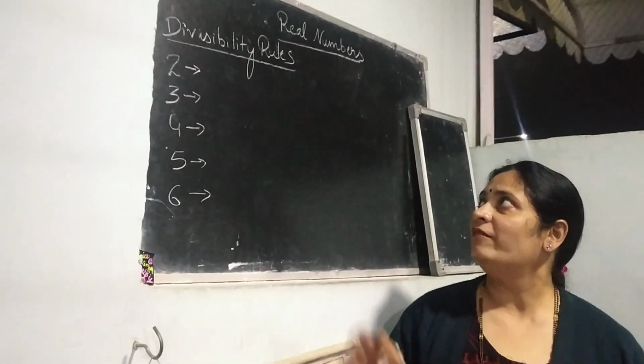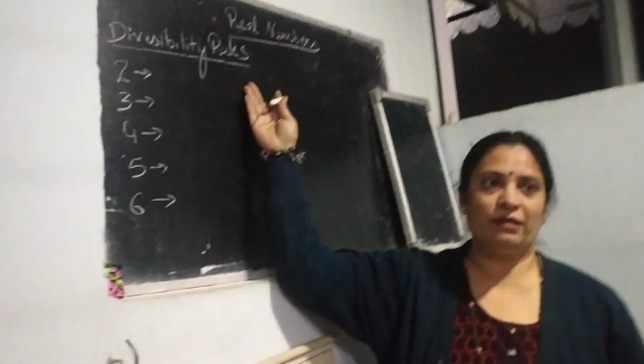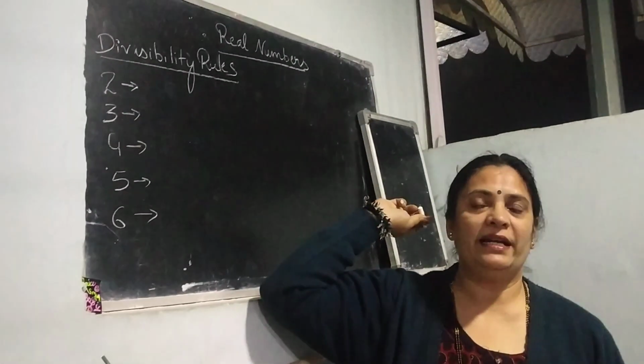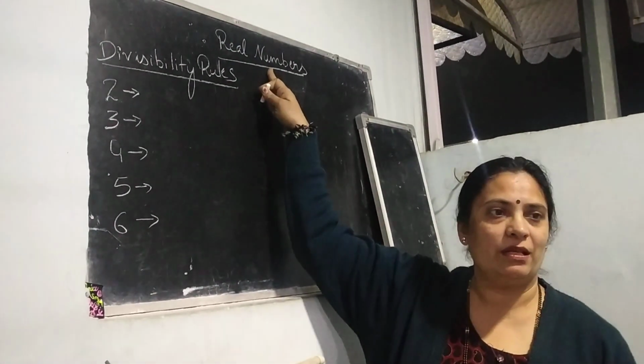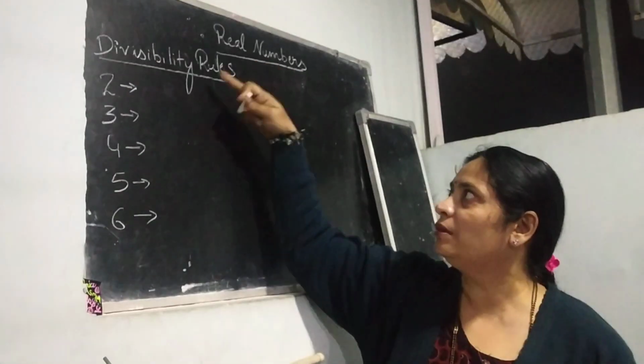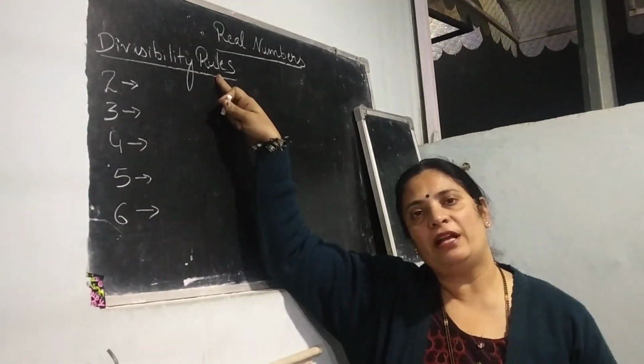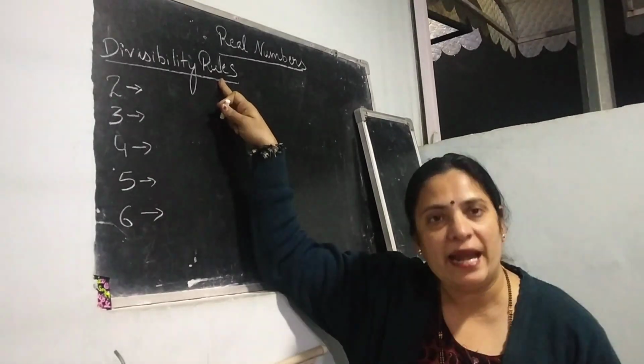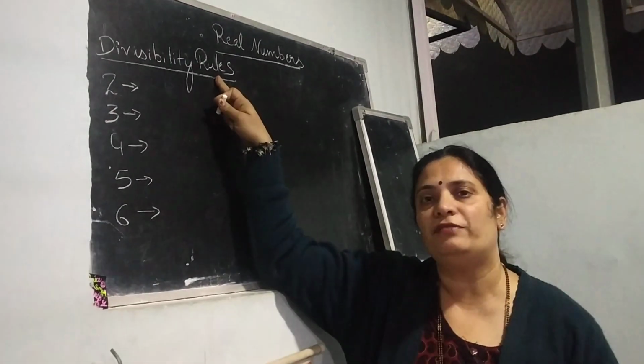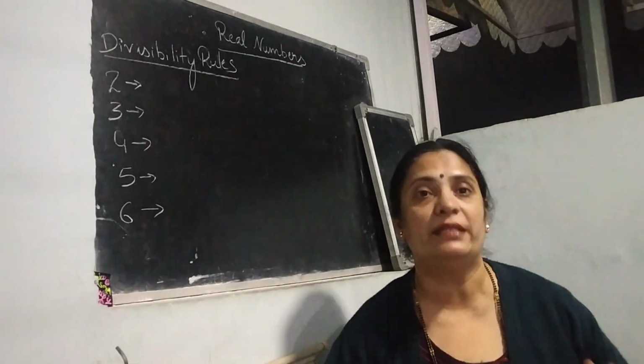Today we are here with a revision for board exam of mathematics. Now starting with chapter number 1, this is real numbers. First of all, we should know certain rules, divisibility rules, because they are important for finding out LCM and HCF, which are the basics of chapter number 1, real numbers of class 10.